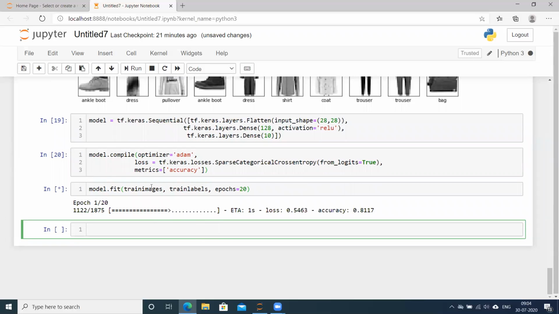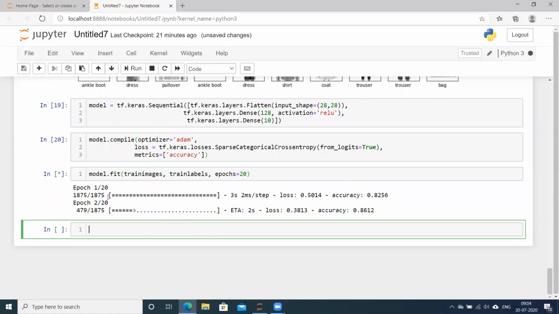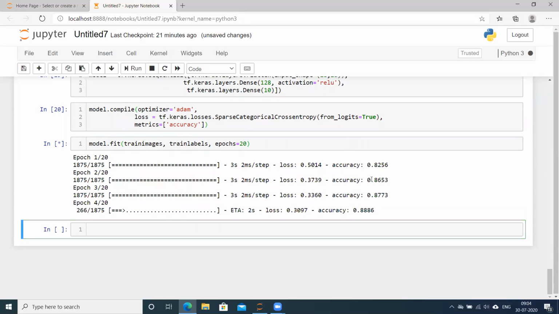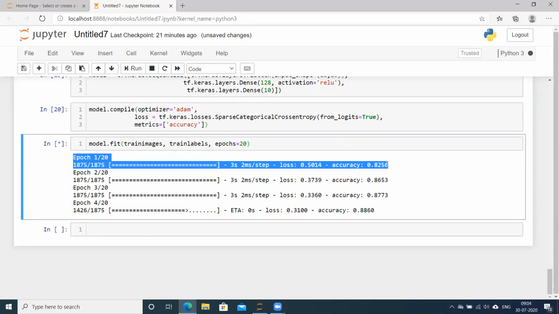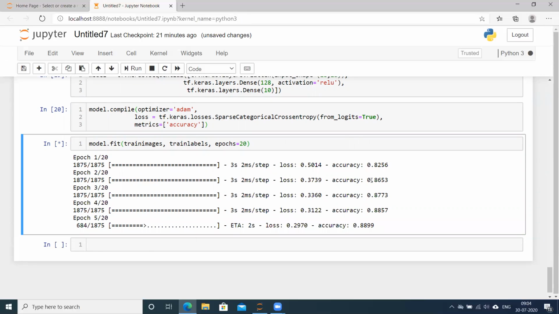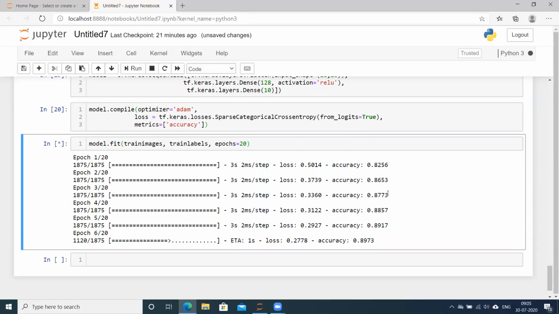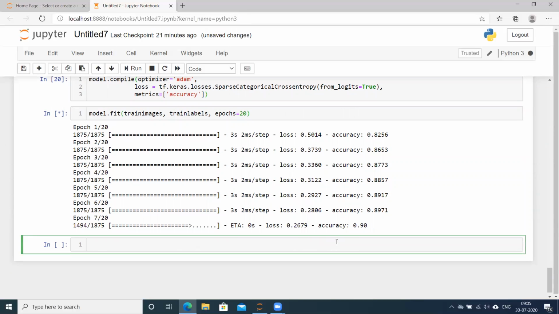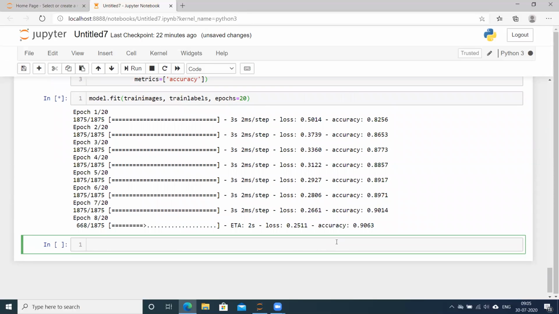So now it starts executing this command. It is training. After the first iteration, it was able to get an accuracy of 82%, right? In the second iteration, it reaches 86%, in the third 87%, so we can see how the accuracy is increasing.